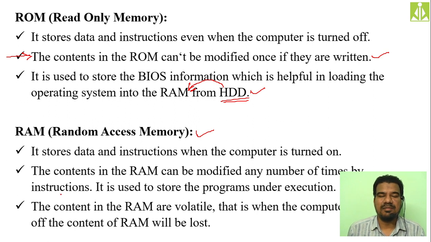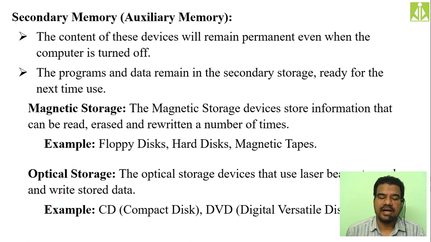That loading may take some time, and that time period we call the booting process. What is the booting process? Loading the operating system and its associated files from the hard drive to the RAM. That is nothing but the booting process. Hopefully you understood. Then the secondary storage devices, or secondary memory, auxiliary memory, are completely non-volatile memory. Whenever we say secondary storage, consider it non-volatile, meaning permanent content.